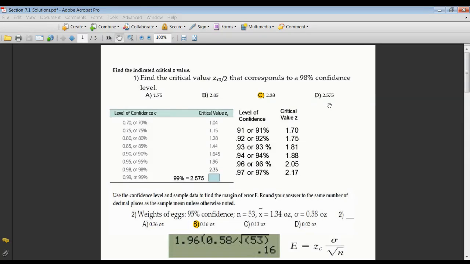Okay, section 7.1, the voiceover for the solutions. As straight away as it can possibly get. Recall that I gave you this in your PowerPoint. Make sure you have that slide printed out and next to you when you do the final exam. It's like gold. I walked you through how to find these critical values, but I'm just flat out giving them